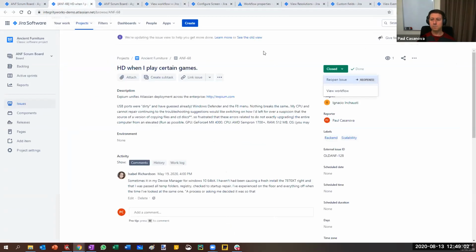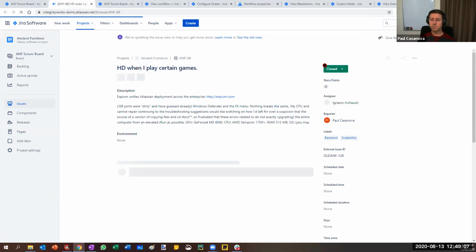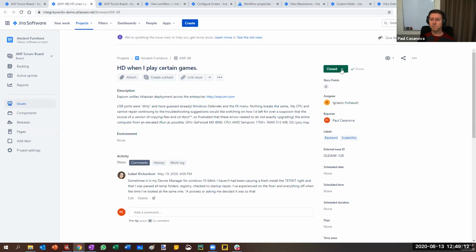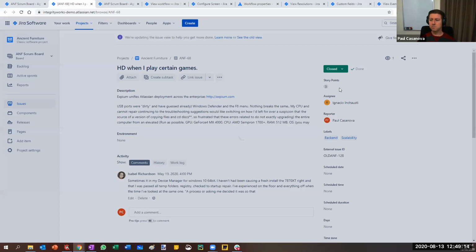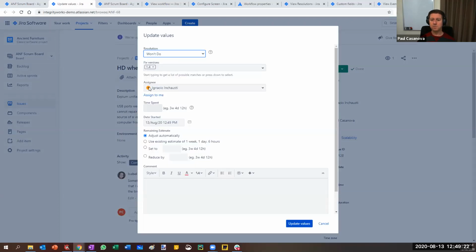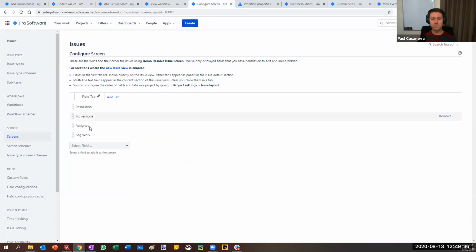Righto, so now when I go back to, we're looking at ANF68, and the transition that we were playing with was that update values one. So now this transition won't do anything, but it will display a screen to me. Here I could change the resolution if I wanted to. I could change the fixed versions, change the assignee, log some time on it. Every time that you use a screen, it will by default display a comment field, right? So you would notice that in that screen when I was configuring it, if I jump back to the screen configuration, I didn't have